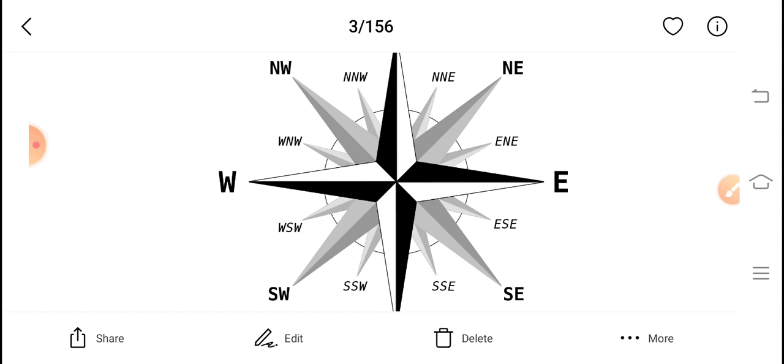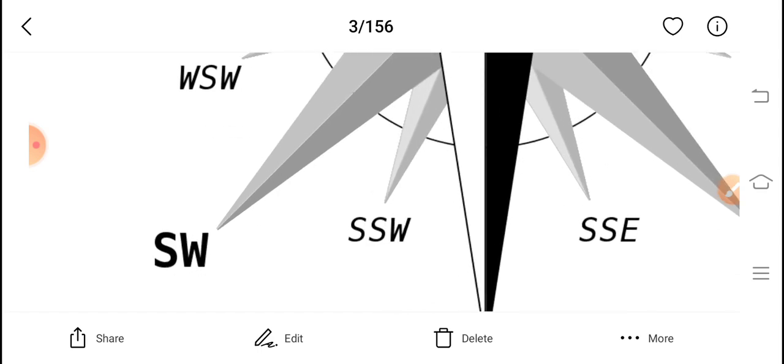Okay, so if we are in an unknown place, maybe for the first time we are going to that place, how will you find the directions? Yes, there is an instrument for finding the directions. In aeroplanes and in ships, they are using this instrument. What is that? Can you name that? Yes, that is with the help of a compass.